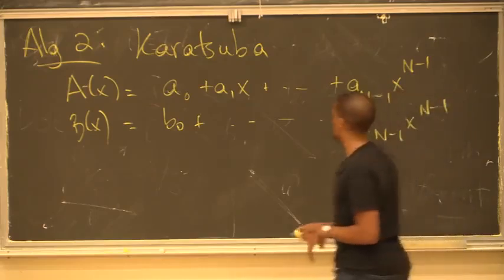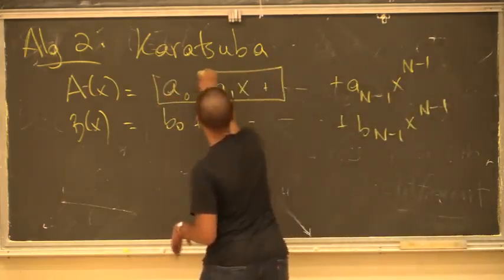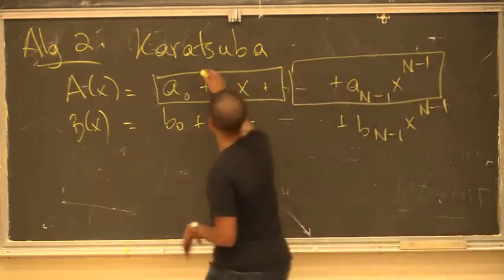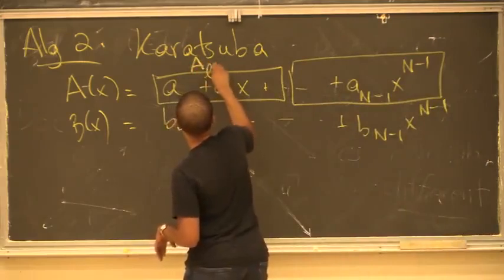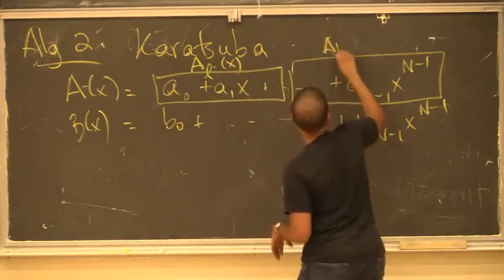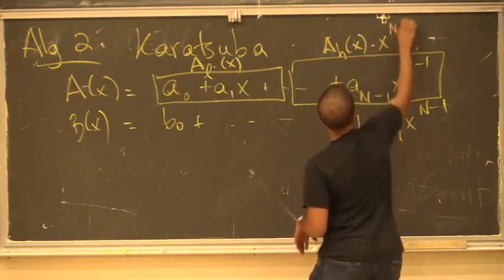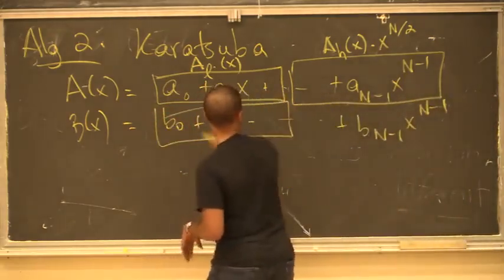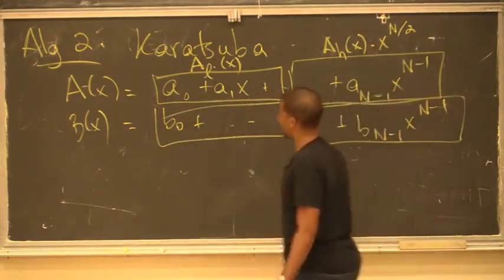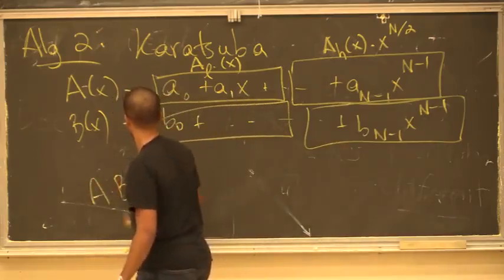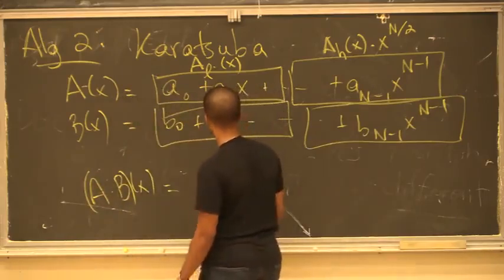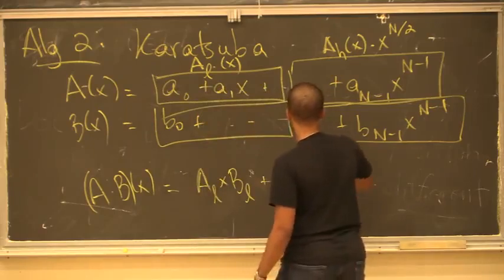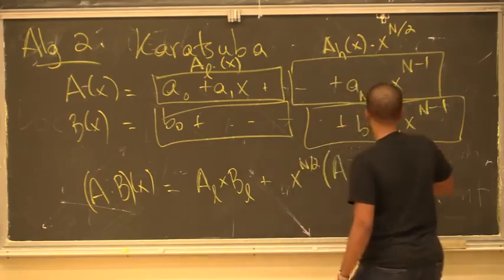And then I just divide the coefficients in half, right? So there's this first half, and then there's the second half of coefficients. I say that this thing here is a low times x, and this thing here is a high times x times, let's say, x to the n over 2 or something like that. And then I do the same thing here. And then I get that a times b is equal to a low times b low plus x to the n over 2, a low b high plus a high b low